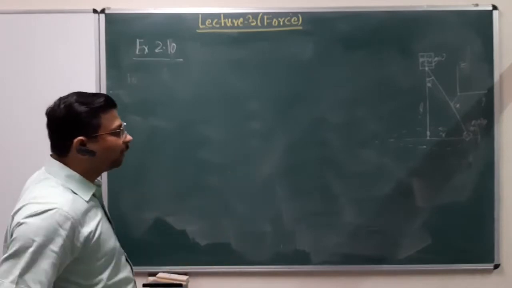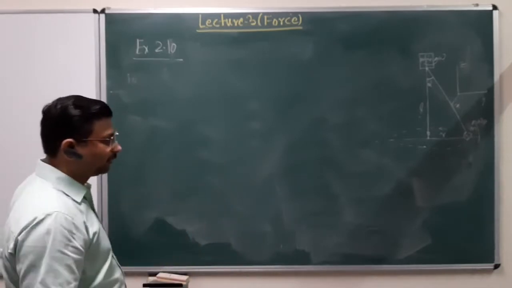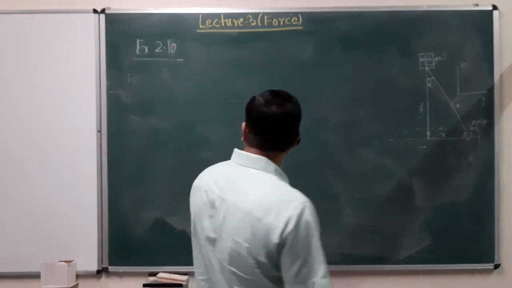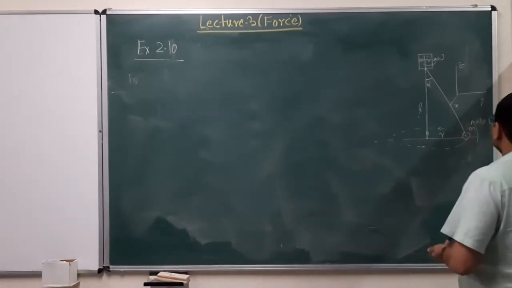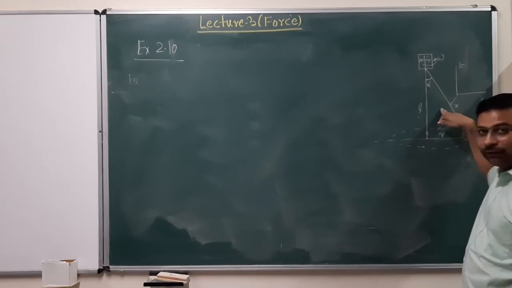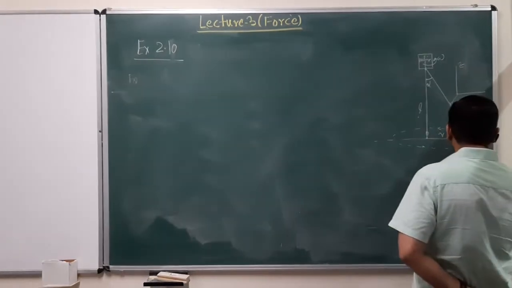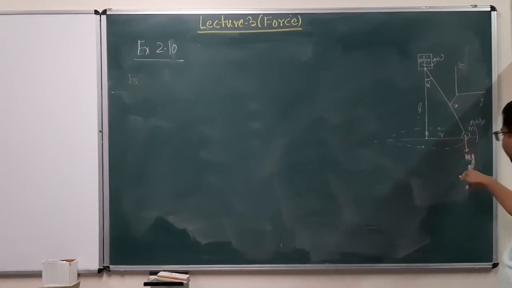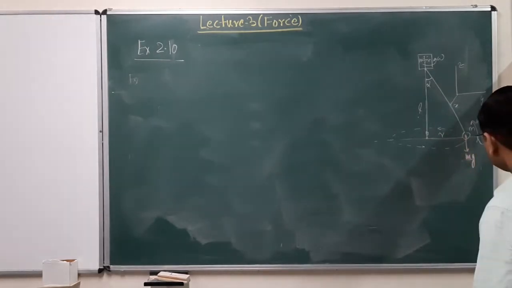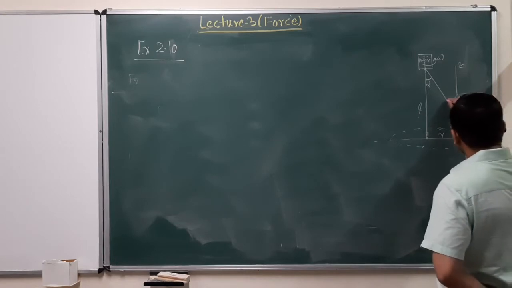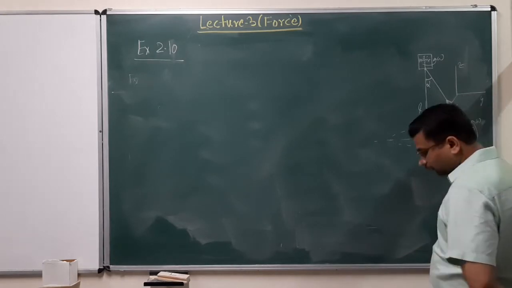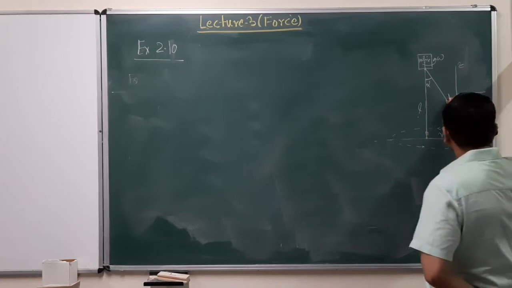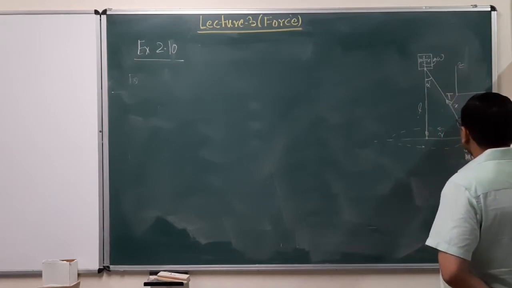And there is a problem. So now we have to find out what is the period of oscillation, or what is the equation of motion for this system. How do we do that? Again, what we do is we look at the forces acting on this, right? So what are the forces acting on this? There is mg acting downwards. Of course, the thread is in tension, right? So this will be T, tension T.